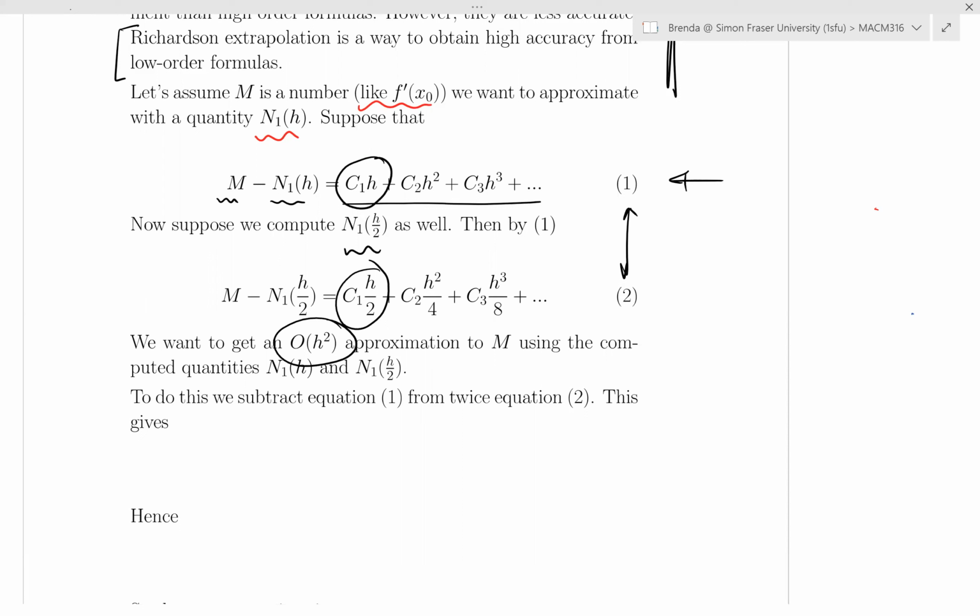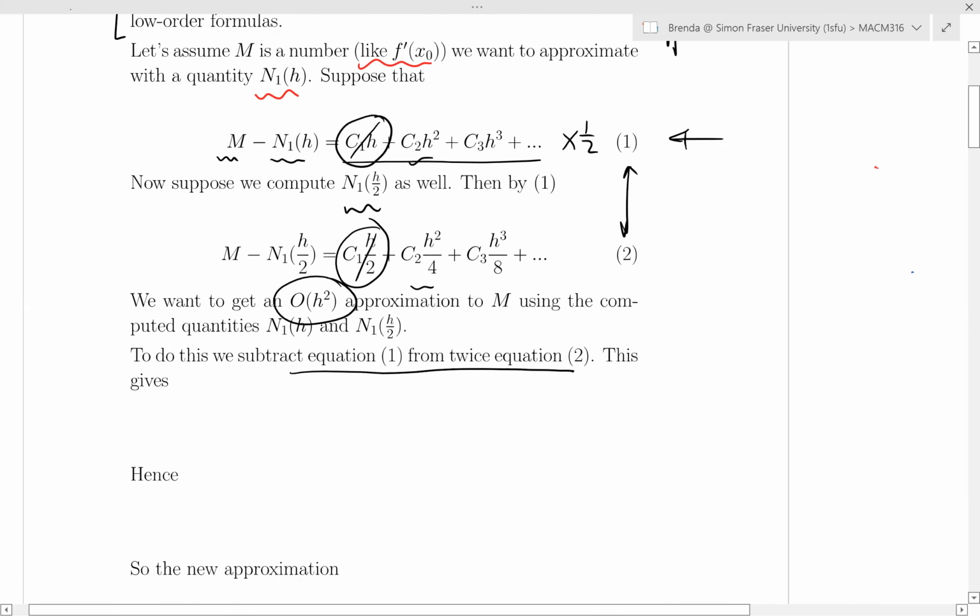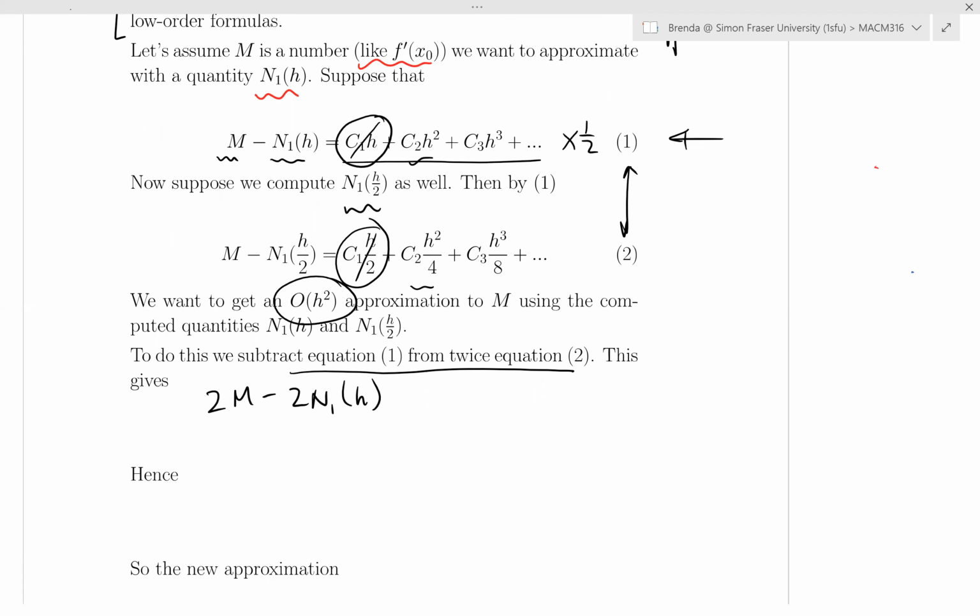we're going to be doing this algebraically. There's nothing really tricky here. We take this one, maybe we multiply it by a half and then subtract one from the other. So what we basically want to do is eliminate this term, because then we'll end up with an O(h squared) approximation. That's the idea. So if we subtract equation 1 from twice equation 2, let's see what happens. So I'm going to take twice equation 1, that'll be 2M minus 2N1(h) equals 2c1. Equation 1, subtract, hang on,